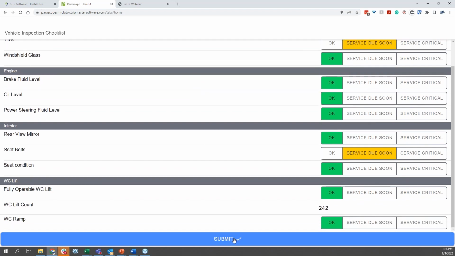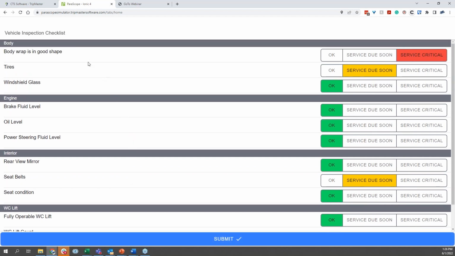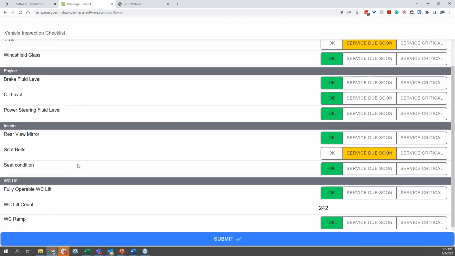Sure. And we should probably clarify that this vehicle inspection checklist is general. This isn't a CDL critical requirement, right? Correct. Yeah, and you know, you may have different requirements for different vehicles. If you've got a wheelchair vehicle, then you may need the wheelchair stuff. If you don't, then you may not. So that's why most of these allow you to customize it to show exactly what you want. You can also have these where you can enter a number or any text in.